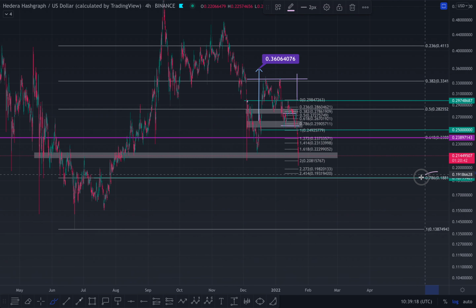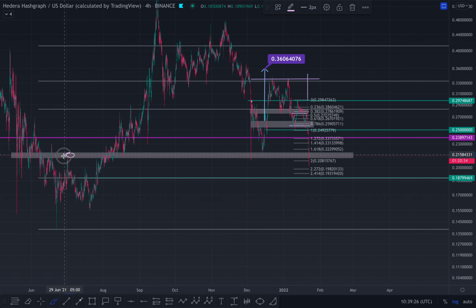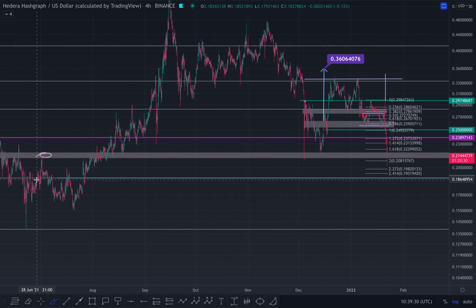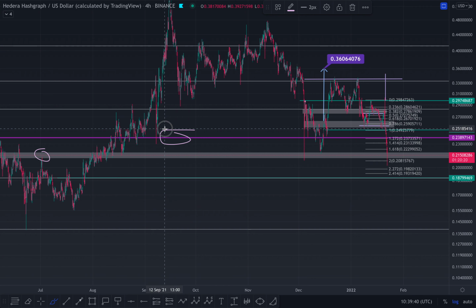And of course we're looking at the 0.786 target now because we lost the 0.618, and that would make sense because you've run into this swing. Look, you've got a neckline of a double bottom over here, but also this double bottom over here, with a few fake outs just there, but this is your neckline, and that's lining up with that 0.786. So yes, we'd like to see this hold, but since we lost the 0.618 over here, this previous swing low, it would make sense to go to the next technical target, which is the 0.786 on this line over here.